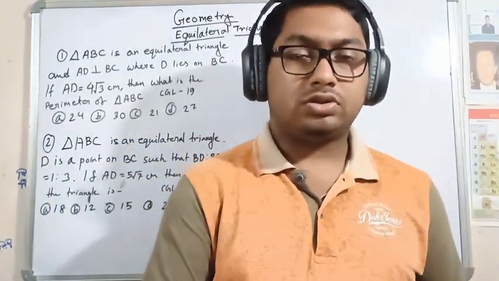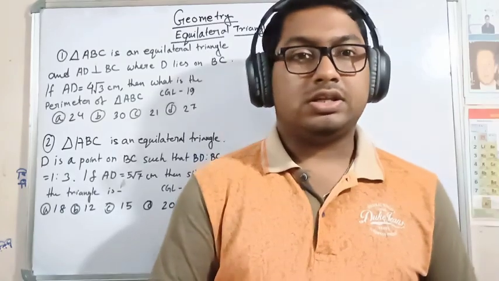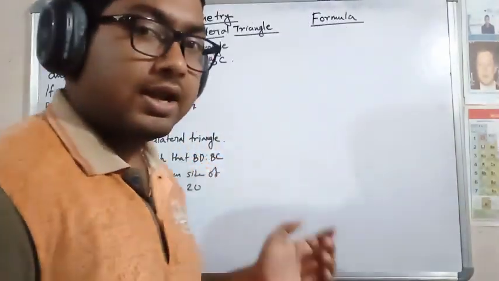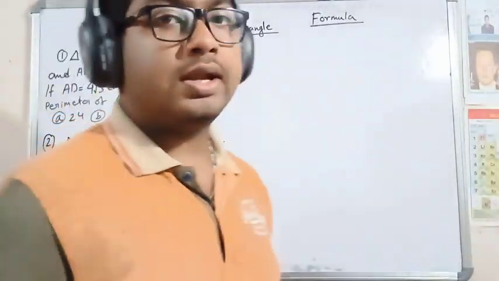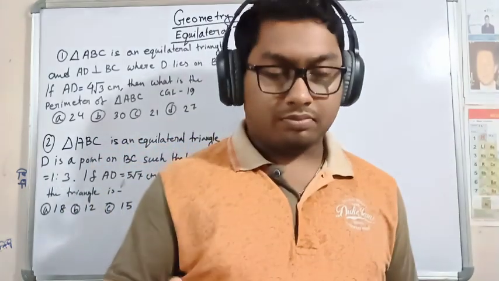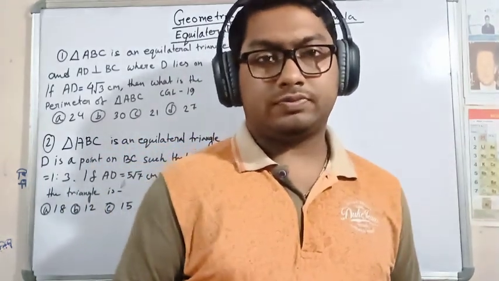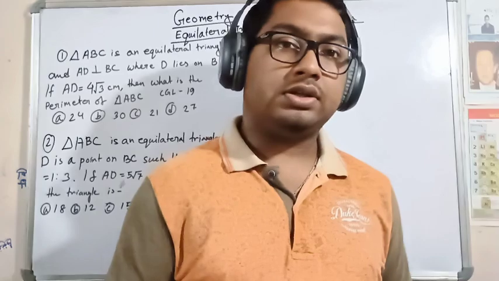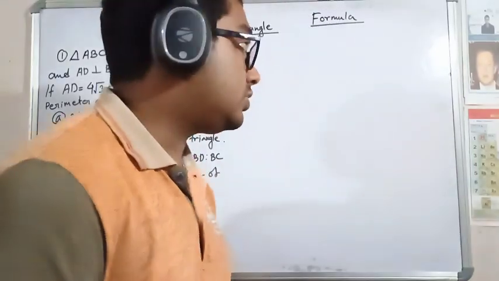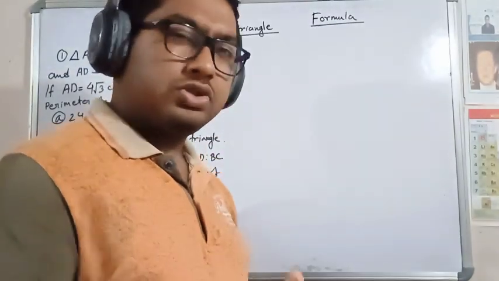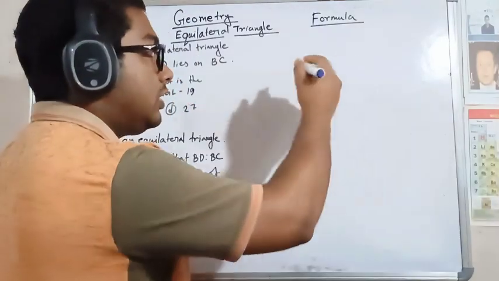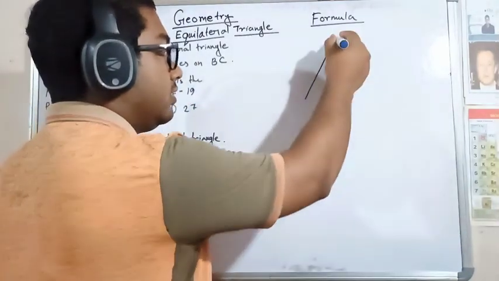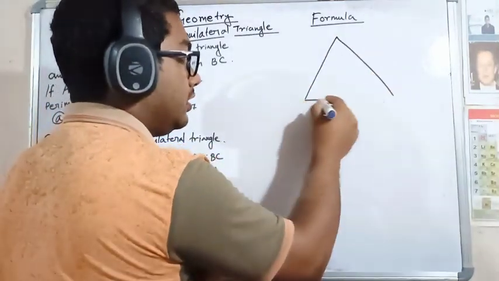I write down, you just take a screenshot of this, and at this side I take some questions, and I take a few more questions, so you can understand it easily. So let's first do some formulas. An equilateral triangle means it's a triangle